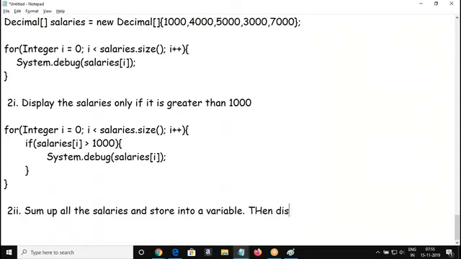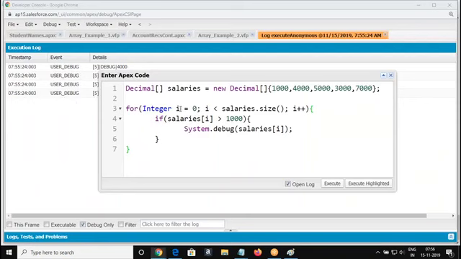Then display that variable in the log, and display the total in the log. Right? So we're going to repeat this. We need to sum up. Okay. So we're going to sum up the salaries. How to get one salary value? With this format.